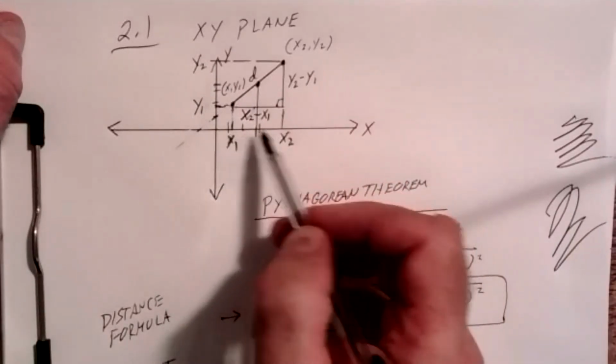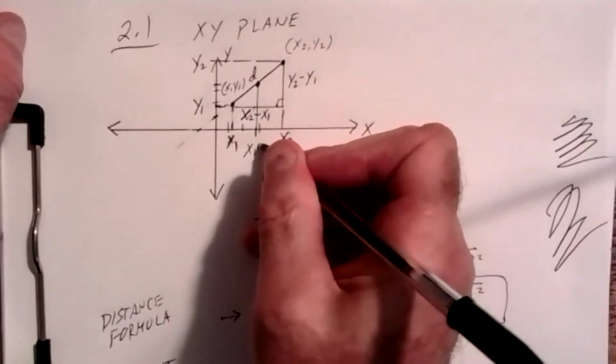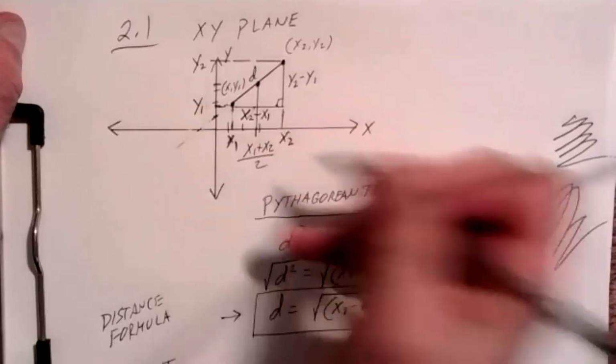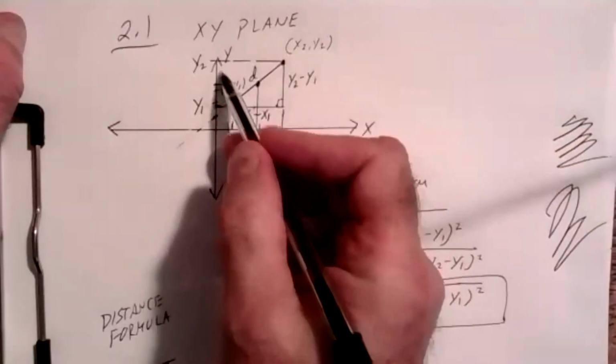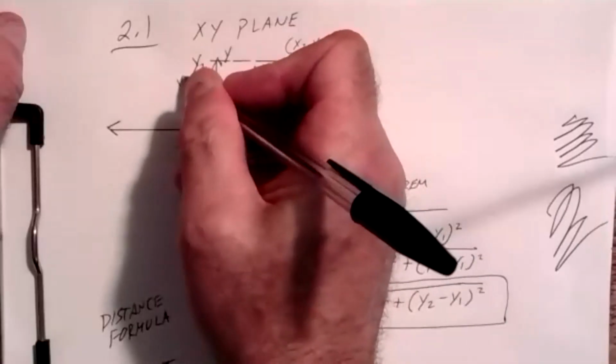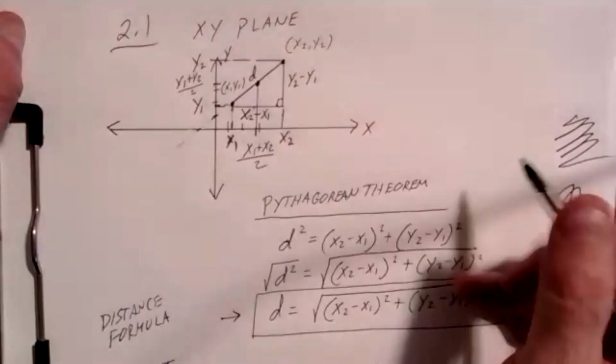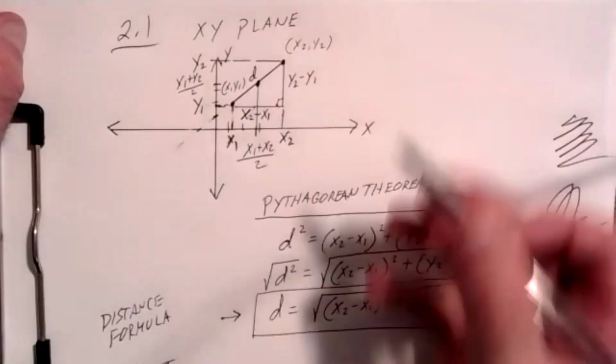So what's the average on the midpoint of x1 and x2? That's going to be x1 plus x2 divided by 2. And what's the halfway value between y1 and y2 here? That's going to be y1 plus y2 divided by 2. And so therefore, the ordered pair address of this midpoint